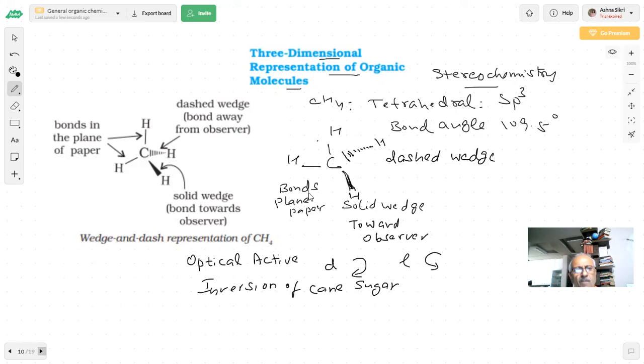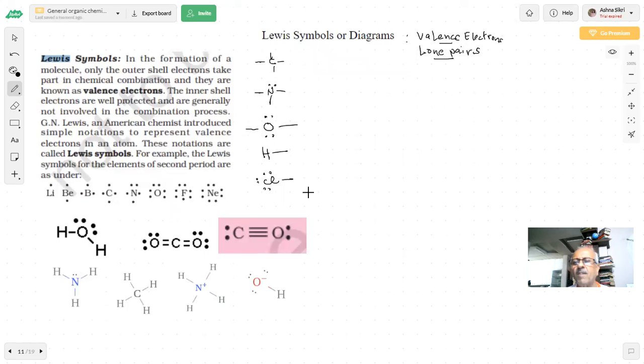Further, coming to important points now. When I write a lot of things about organic chemistry, you will see we are using Lewis symbols, which are very important and a great help to us in organic chemistry. Why are they important and helpful, students? Because in the 11th class, you have studied the Lewis symbols. Very important.